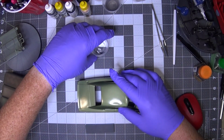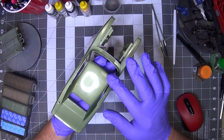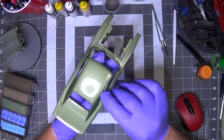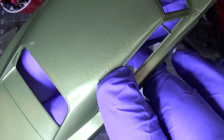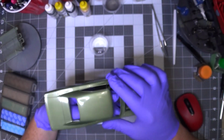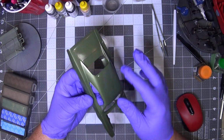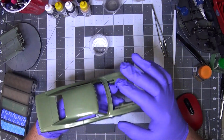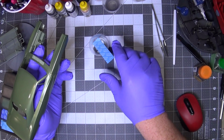The paint has been drying for several days, and I wasn't really expecting this to improve. So if you could see right there, that's a pretty gnarly booger in the paint. And I am not stripping this paint and starting over. I'm not losing all of this paint just for that. I'm gonna fix it. So I went in,